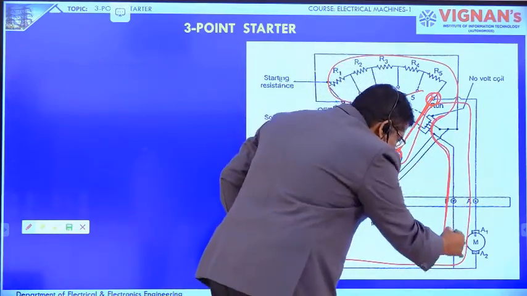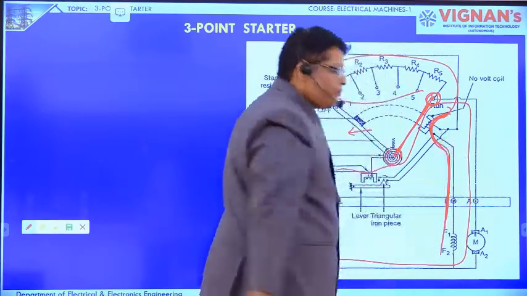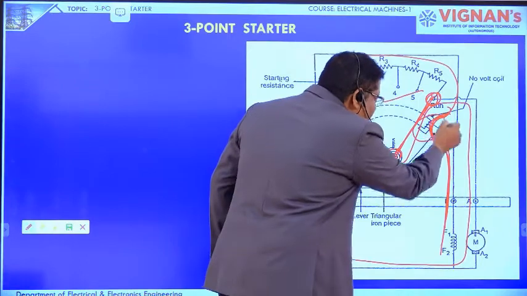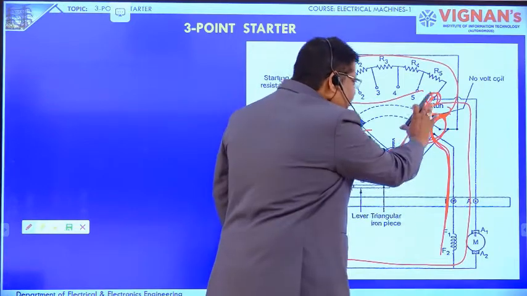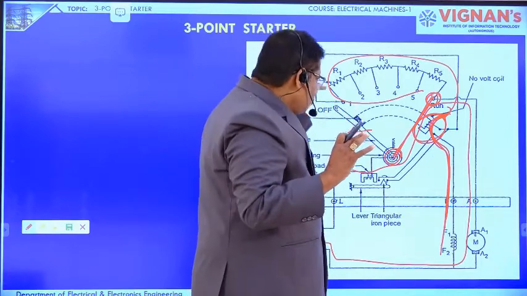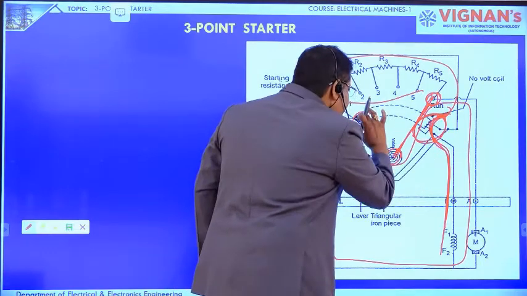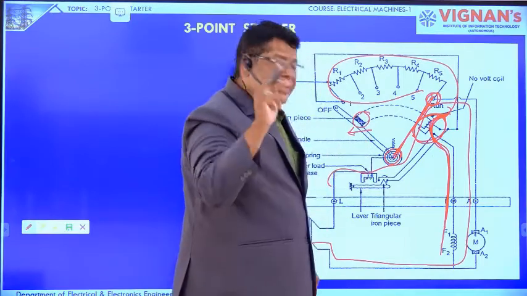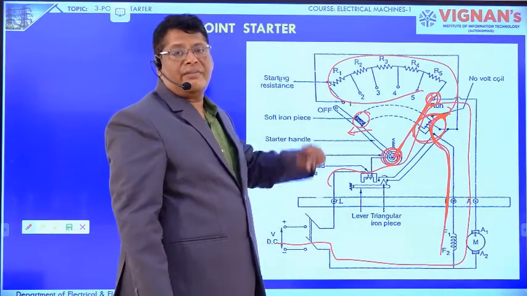current. The field winding is taking a current through the holding coil. So this is nothing but an electromagnet. When the current is flowing through the holding electromagnet, it offers some attractive force on the handle. On the handle, we have already kept a soft iron. So this electromagnet is attracting the handle by means of the soft iron against the spring balance. That is very, very important here.